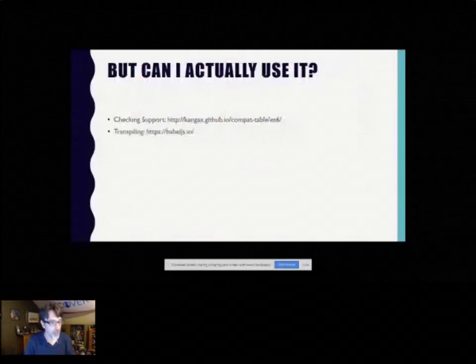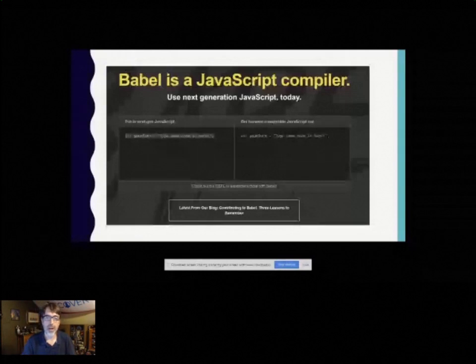You can also look at transpiling, which is essentially a way of taking code that's written in a newer standard and rewriting it for an older standard. Kind of the gold standard, the best edition of this is Babel, and you can actually see an example up there of it using the ES6 keyword let and how it transforms into ES5, an older version. And if you use this, you have to build a process by which, as you write code, it gets transformed automatically. But again, there are a lot of ways of doing that. But with ECMAScript support being so good, I don't necessarily think you have to look into this.